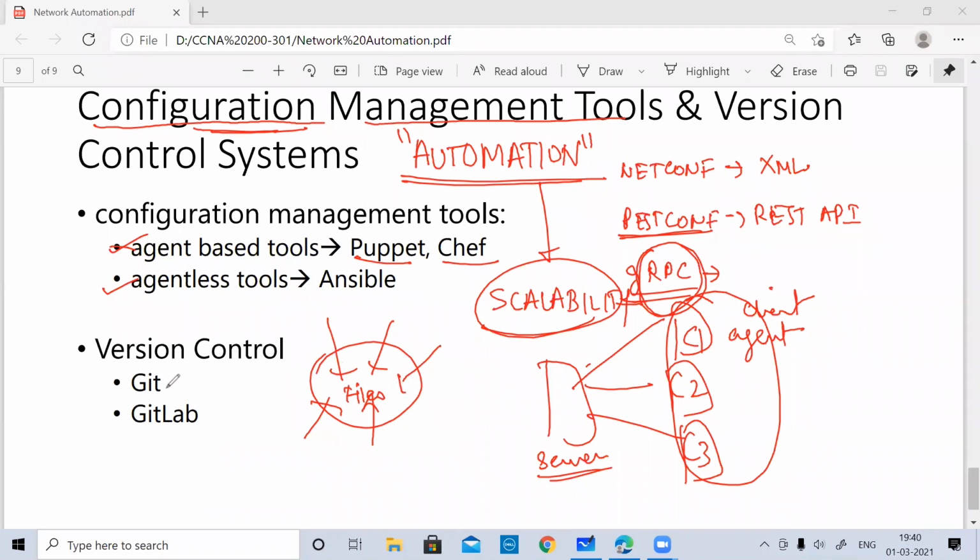So we make use of GitLab for storing all your configuration files, as well as controlling the versions of similar files to understand which one is your latest, and then accordingly help you push the script to your system. So this was all related to software defined networking and some basic concepts of